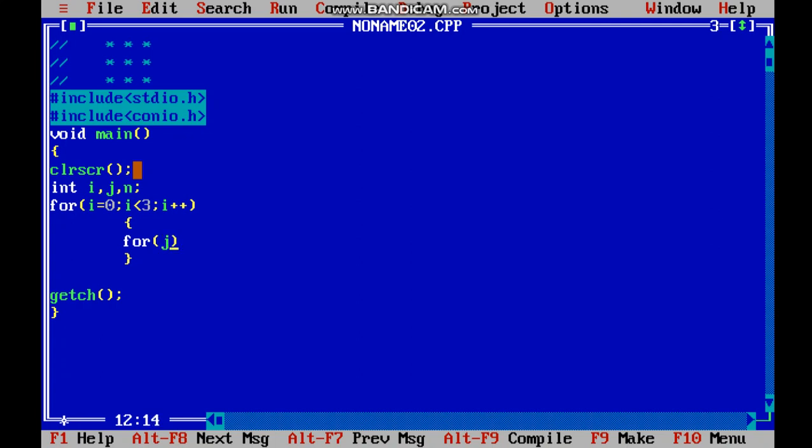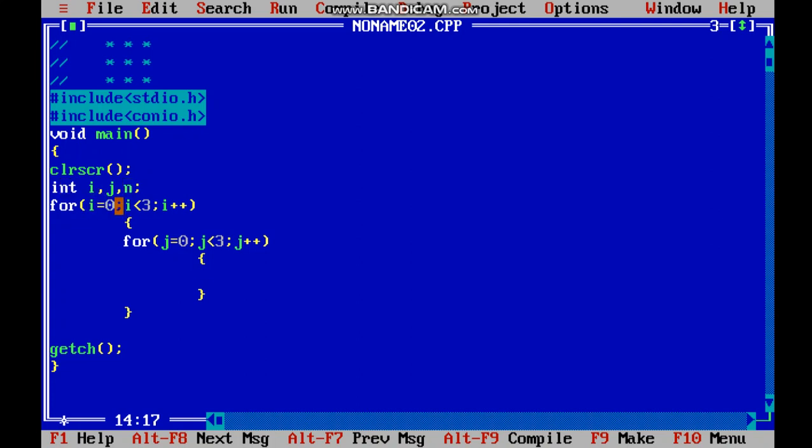See, a for loop inside a for loop. Now I want to tell you something. I declared integers i, j and n.